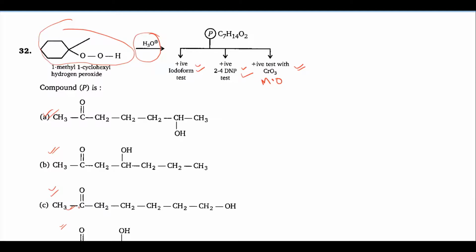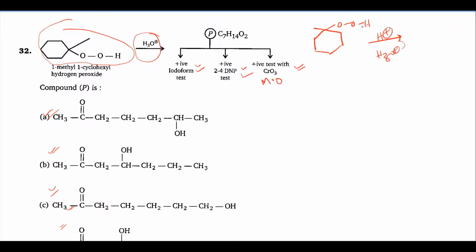So you just go through the mechanism. I will write it here: cyclohexane with OH. So this is H plus, because from this H3O plus, H plus is